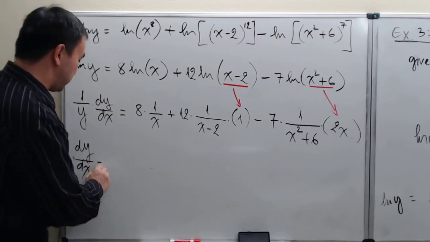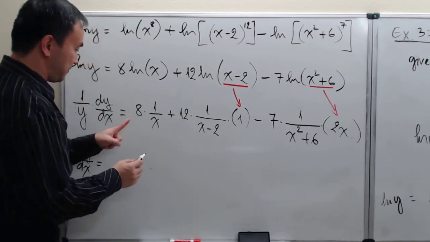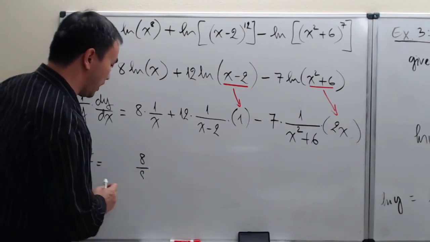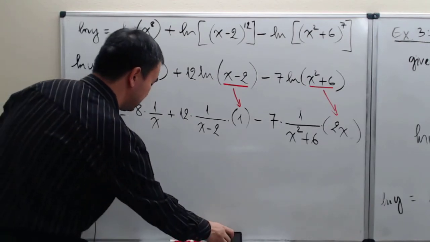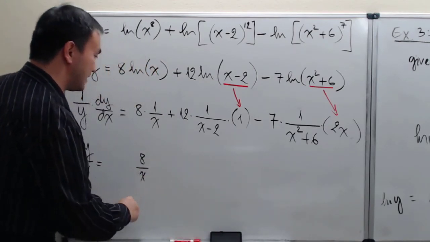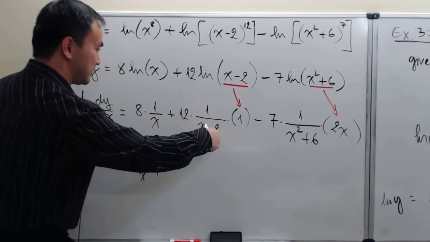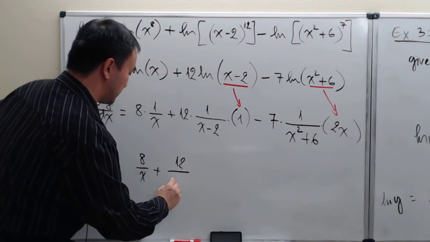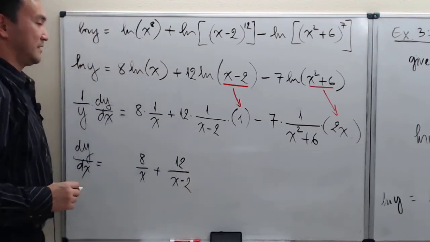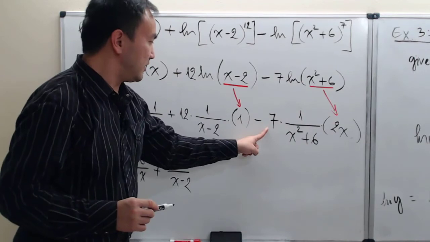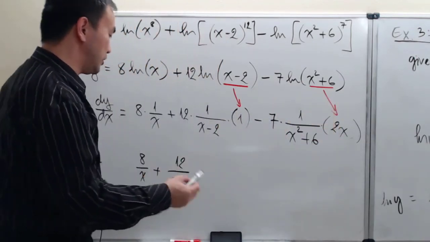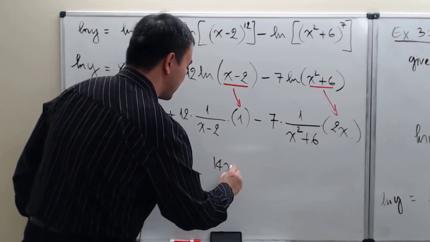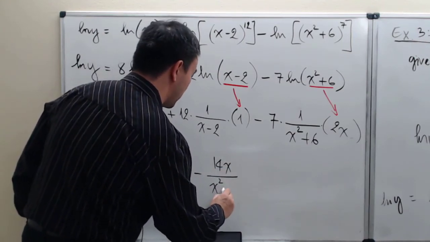And before I do, this first term can be rewritten as 8 over x, to be in one fraction. 8 over x, and then plus 12 times this fraction times 1, which is simply 12 over x minus 2. Okay, and then the last term here is 7 times this fraction times 2x all together in one fraction. It is simply going to be